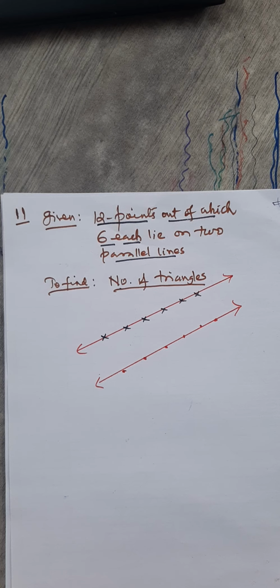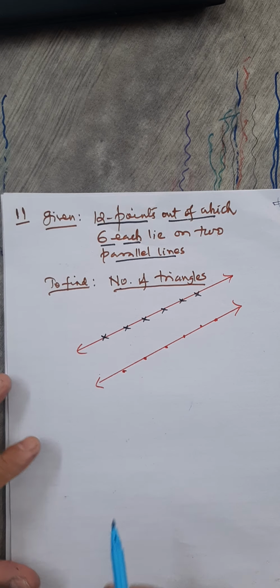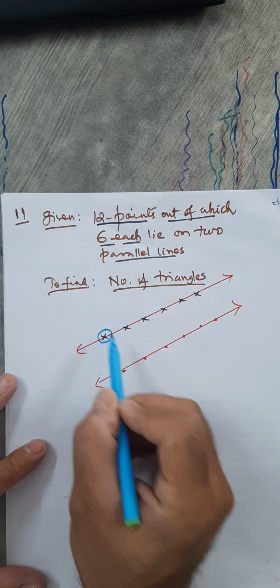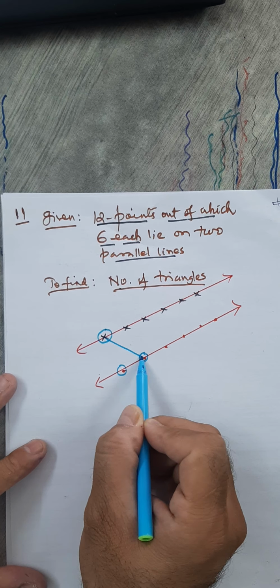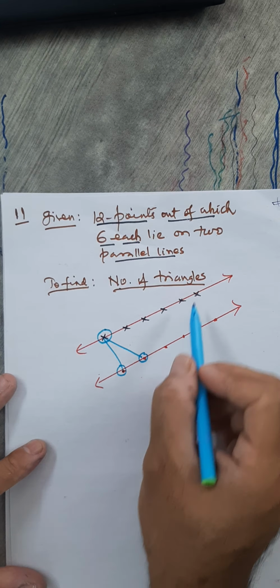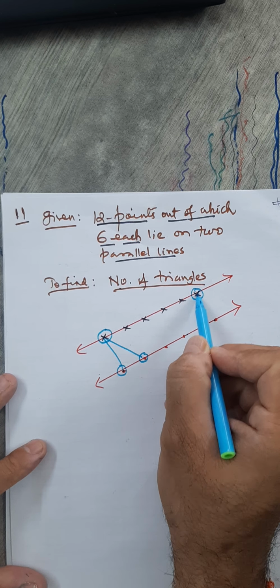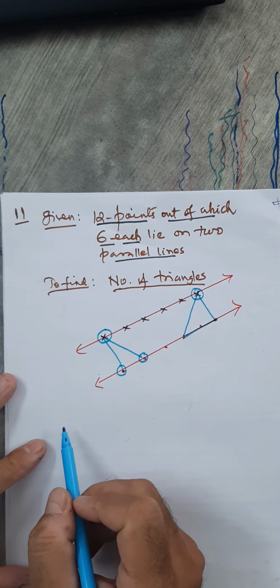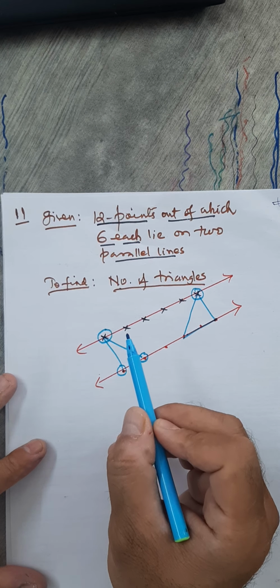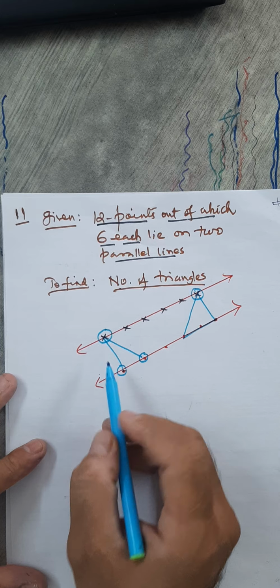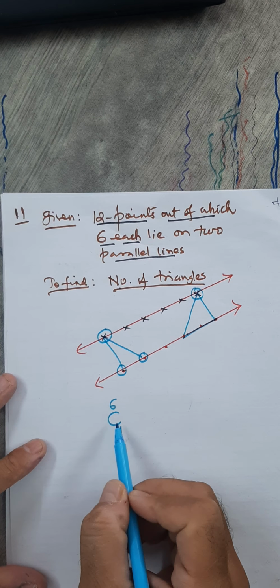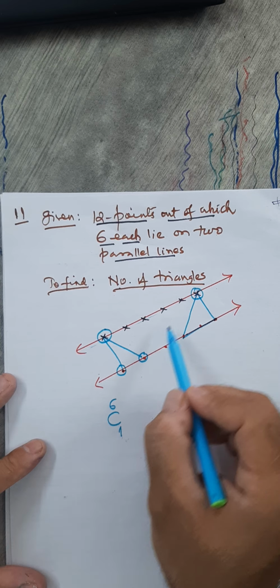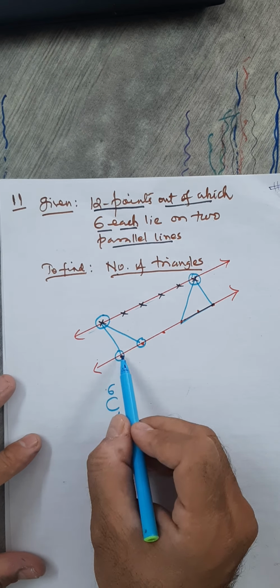Fine. Now you know that 3 different points in a plane give us a triangle. So see how I'm selecting. I can take 1 here, 1 from here and 2 from here. You get a triangle. I can take this and 1 from here and 1 from here. You will get a triangle. So what I did, have you noticed? Take 1 from this and 2 from here. 6 points में से 1, so 6C1. Selection of 1 from this line out of 6